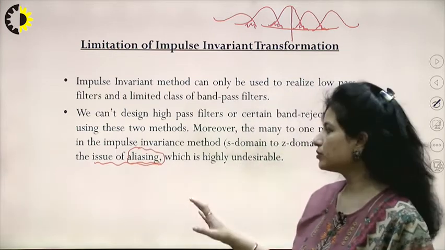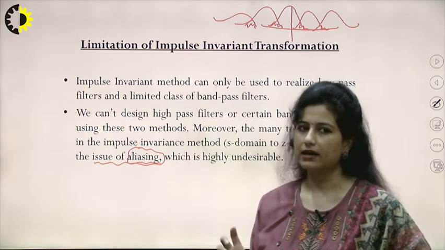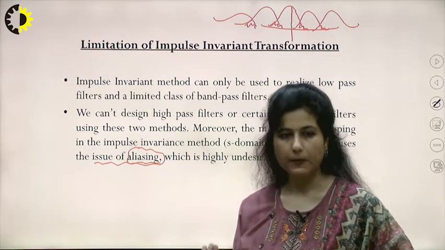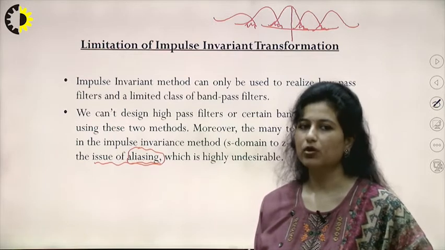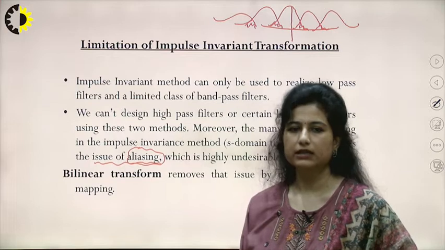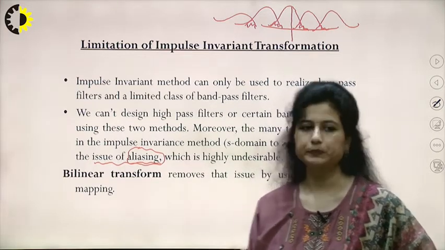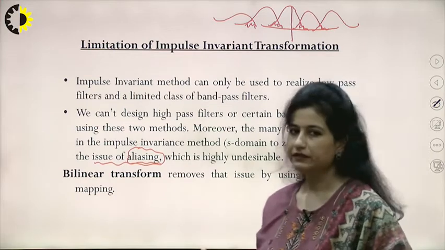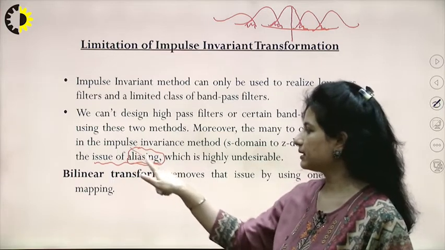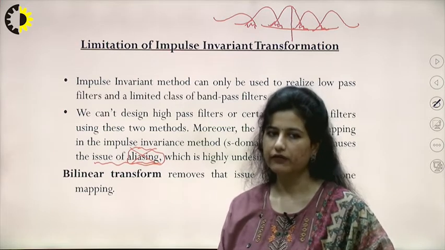This issue can be eradicated to some level by using a sampling frequency as high as possible, even higher than the Nyquist rate, which is compulsory for sampling that signal. But not completely. I will not be able to eradicate this phenomenon from impulse invariant transformation. So we have another transformation, called the bilinear transformation, by which we would be able to eradicate this problem of aliasing, but again it would have certain limitations of its own.